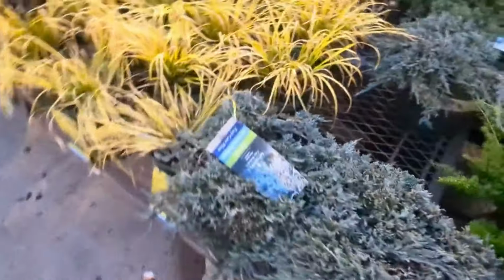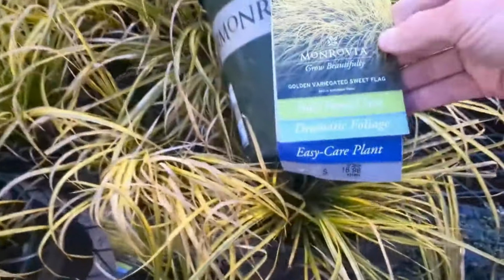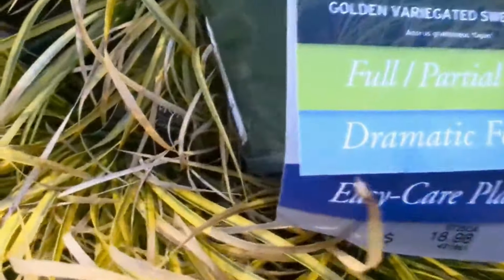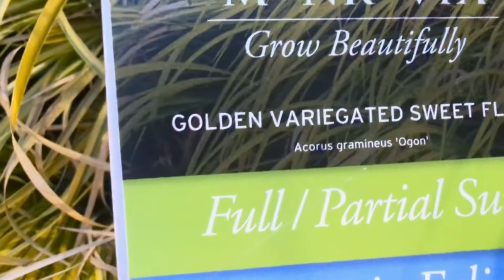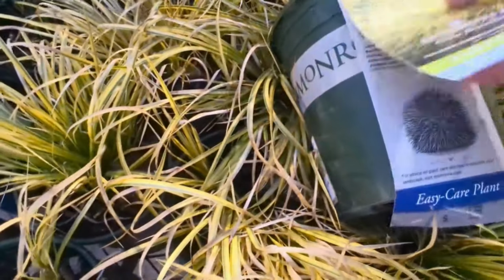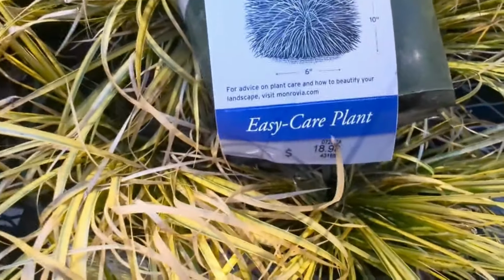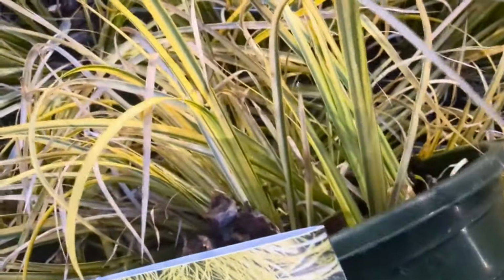This looks like a carex. Let me take a look. It is golden variegated. Let me get it up here. Golden variegated sweet flag, which is acorus. So it's not a carex. It's an acorus. So acorus ogon. And it is 10 inches tall, 6 inches wide, hardy down to -20. And it's a pretty cool variegation. I don't know how well you can see that, but it's almost like yellow with a green